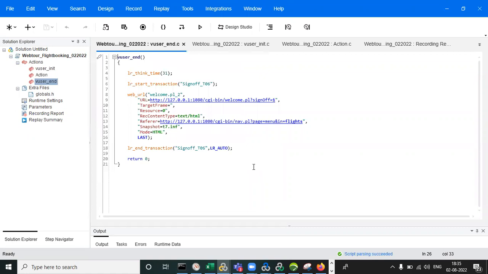So what is the use of user init? We can keep the init part, the login part, in user init, the end part for logout, and the action part for the action. What is the use of this? Maybe you are executing the test with 100 users. So the login happens 100 times, which means we keep the login in the user init part, and the end part is executed only 100 times. Otherwise, if you keep everything in the action part,